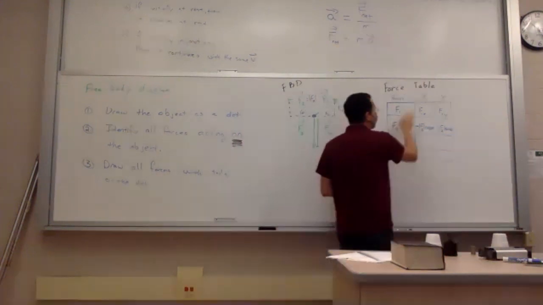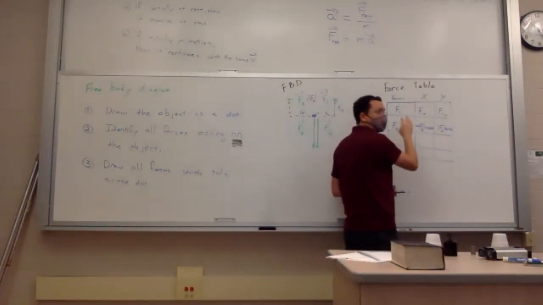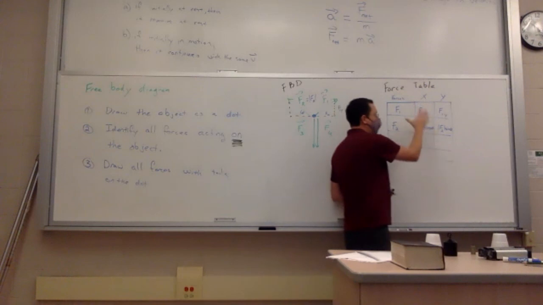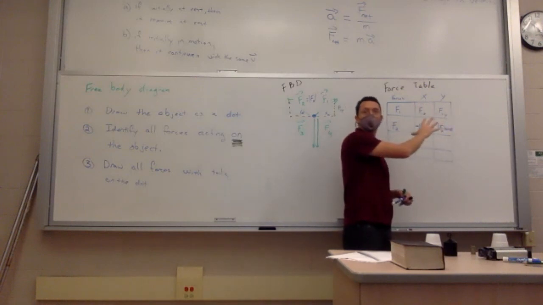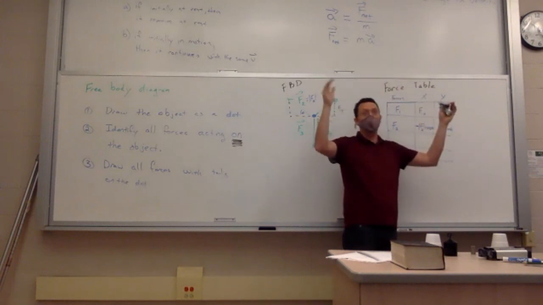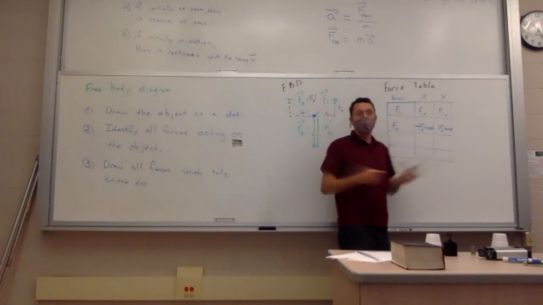Okay, so I take my free body diagram, I write everything in components, and I just start filling in the x component of this, the x component of that, and so on. The nice thing about putting it in a table is if you forget something, you have a big hole in your table. If something is 0, we'll write a 0, so that when it's all done, you've dealt with everything because everything's filled in.